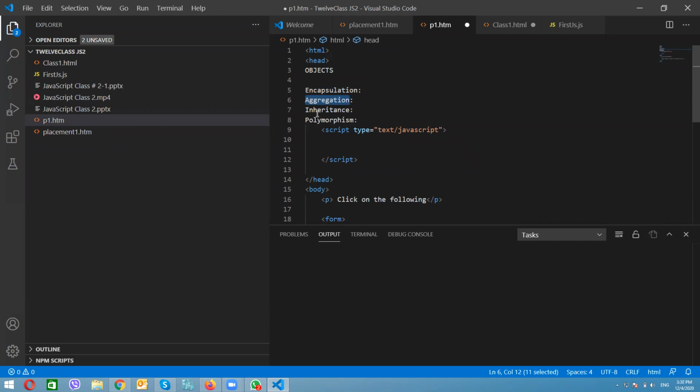Inheritance means you are transferring capabilities from one object to another object which has the same behavior, same parameters, same capabilities. And polymorphism is the capability to write one function or method that works in a variety of different ways. So these are the four principles of the basic capabilities of your object oriented programming language.